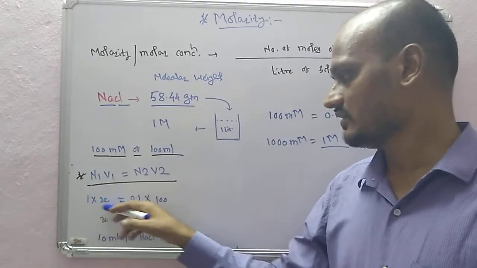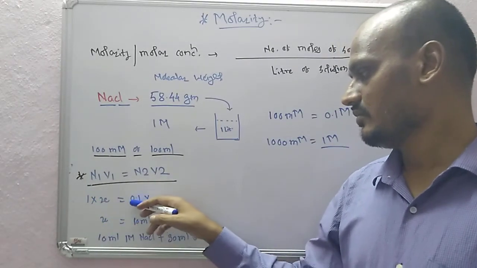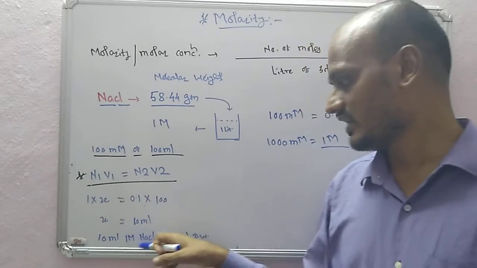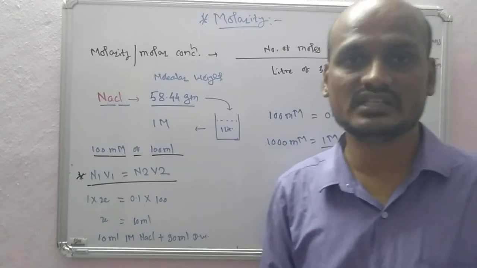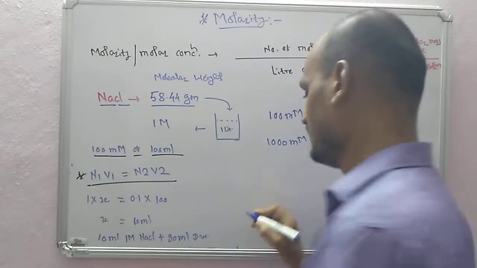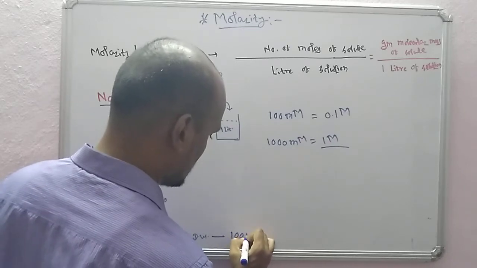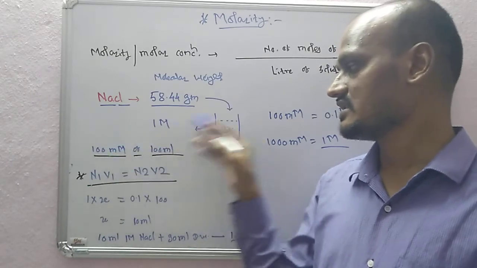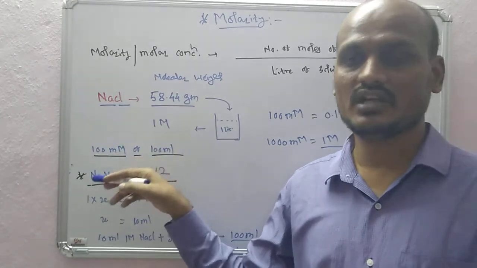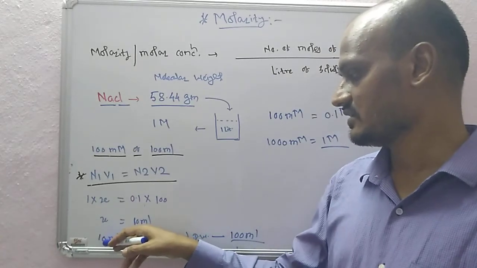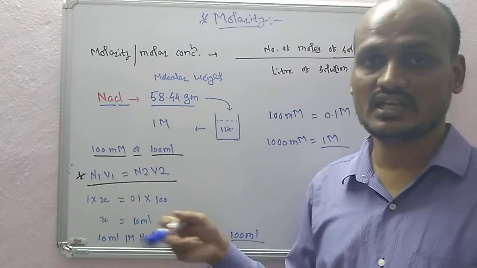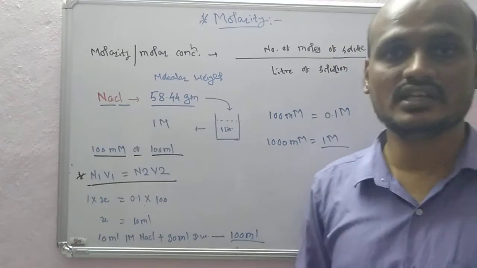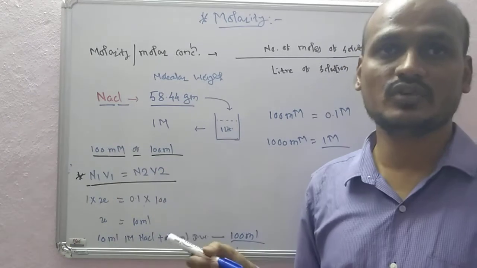So 1 multiplied by x is equal to 0.1 multiplied by 100, that is 10 ml. So basically we can take 10 ml of the 1 molar NaCl and dissolve it in 90 ml of distilled water. The final volume will be 100 ml. It is very intuitive. If instead of 1000 millimolar you take 100 millimolar, it is 10 times less concentration, so we can dilute 10 times. By this formula we get 10 ml, dissolve it in 90 ml, and finally we get the 100 millimolar concentration of